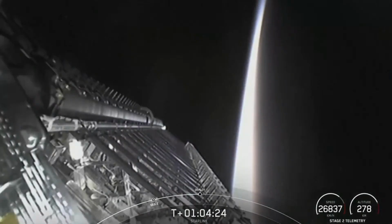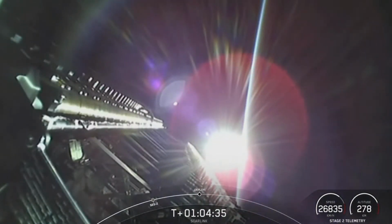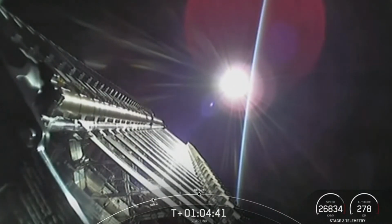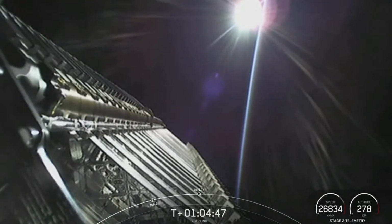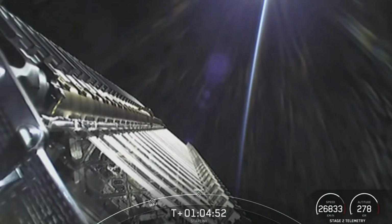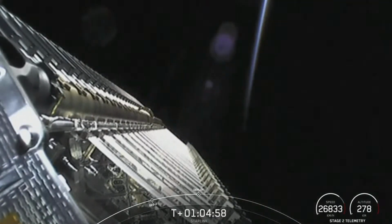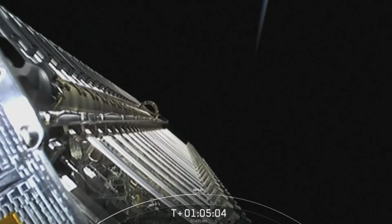We're now coming up on deployment of our Starlink satellites. There you can see them on screen right now. That should be coming up in about 20 seconds. Each of these Starlink satellites are approximately 260 kilograms, and they feature a compact design to try to minimize volume. And during the coast phase,